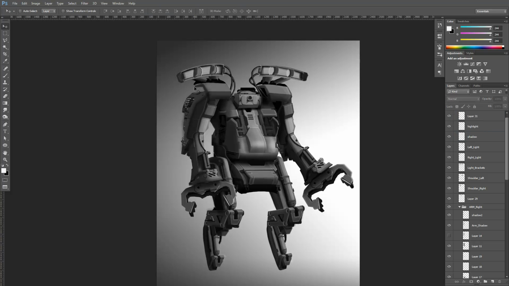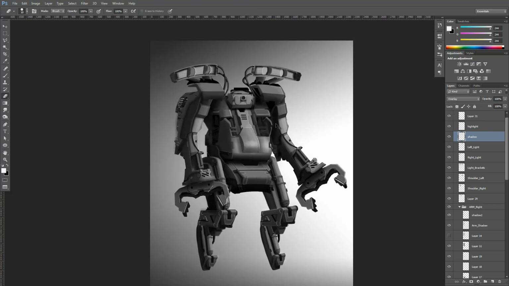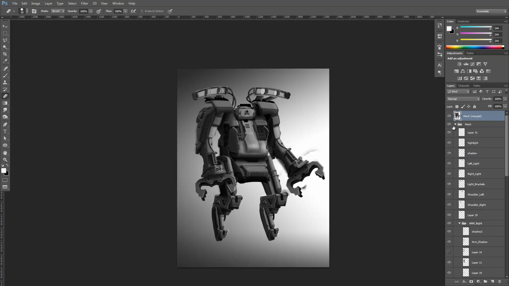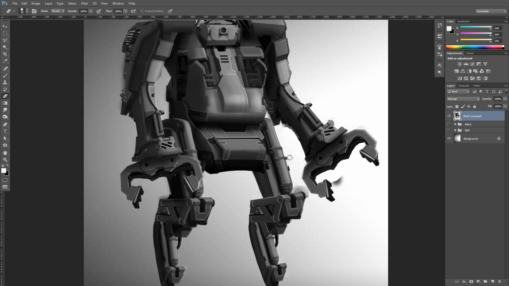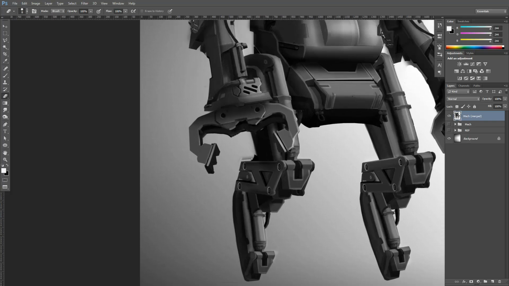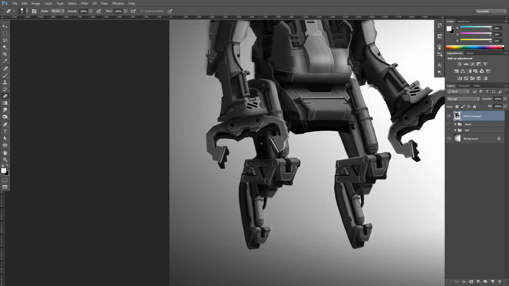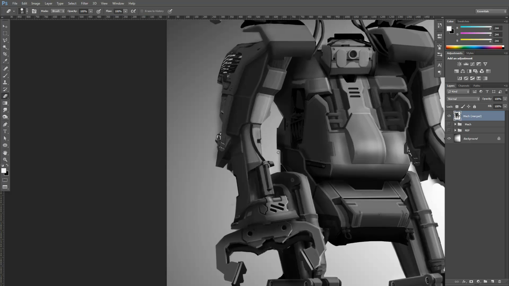So I painted all that information in, and then I just toned it down in the opacity because it was feeling a little too bright, but it was working. So what I've done here is I've just kind of merged down all the layers together. I still have it in a folder, but you can use Control-Alt-W and create a new layer with all of them collapsed. And then I'm going to clean up the knee here and just any kind of overpainting that I find, any softness from any of the shadow painting. I'm just coming in and just kind of cleaning,